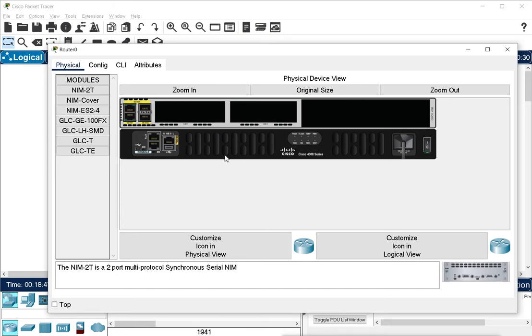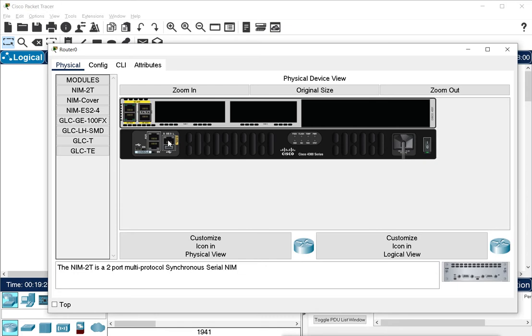In the front view, it has the icon and the model name. Then in the front view we have a power cable and power button. Then on this side we have the console cable and auxiliary cable. Console cable is for configuring the router, and auxiliary cable is also for configuring the router. Then we have an option for connecting USB. Small USB port, big USB port, and then we have the fast Ethernet. It is actually a gigabit port here. It is the Ethernet port, but it is actually a gigabit Ethernet port.